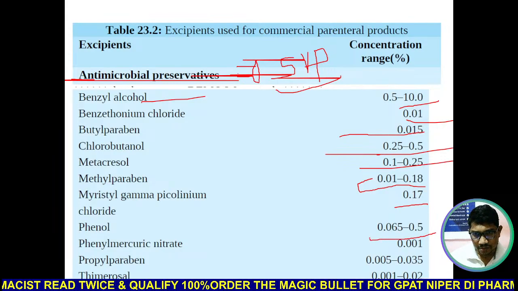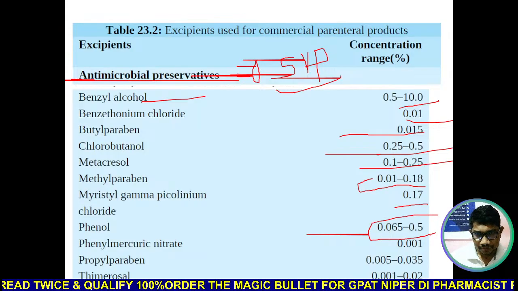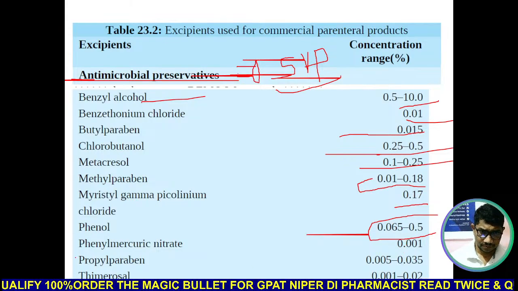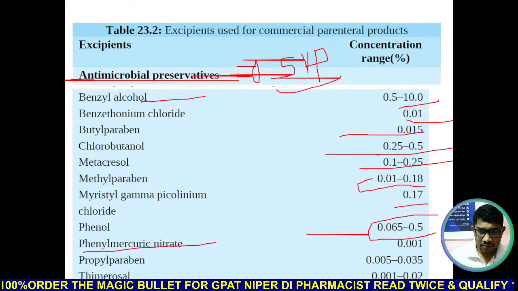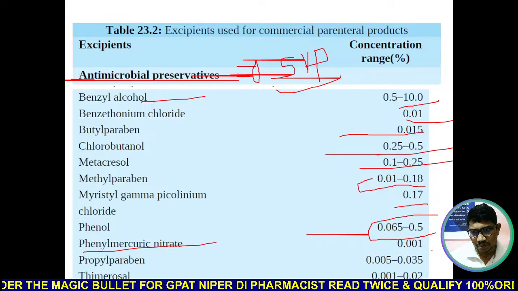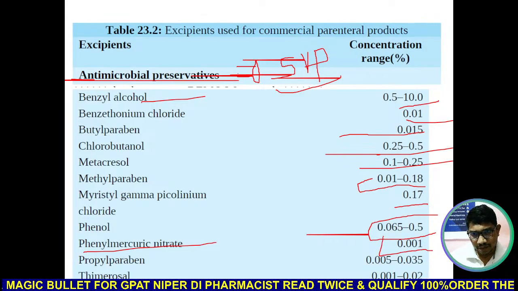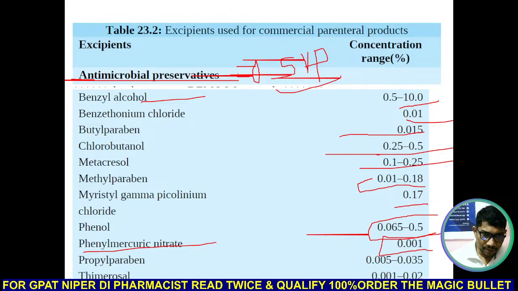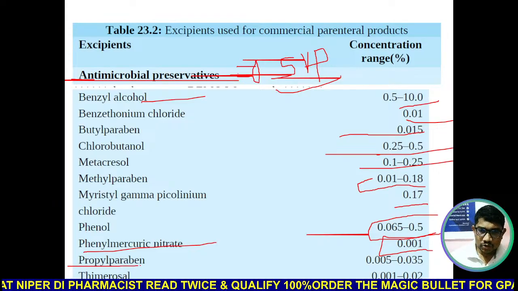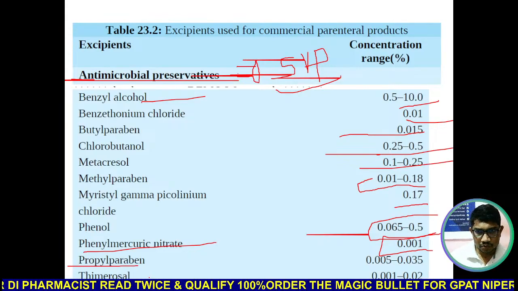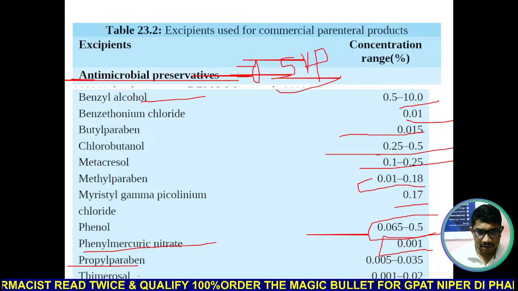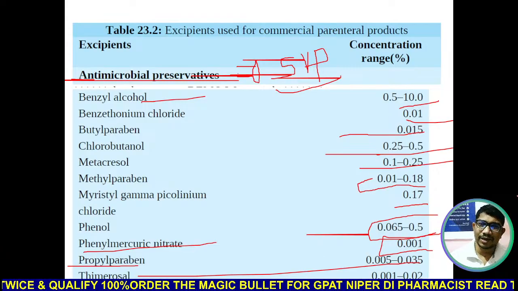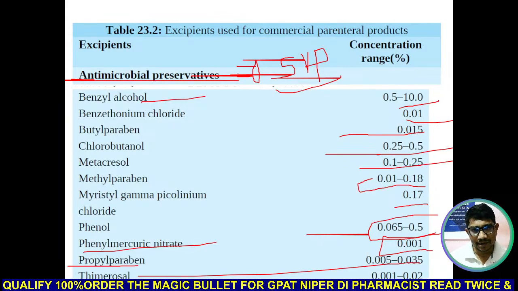दैट इज 0.065 to 0.5, फिनाइल मर्क्यूरिक नाइट्रेट। तो इसके ऊपर क्वेश्चन आ चुका है ऑलरेडी। दिस इज यूज्ड एज अ प्रिजर्वेटिव इन द पेरेंटल एंड ऑप्थेल्मिक, concentration of 0.001 to 0.002। प्रोपाइल पैराबेन 0.0052 to 0.035, थायोमर्सिरल 0.001 to 0.02। तो एंटीमाइक्रोबियल एजेंट्स आर ओनली एडेड इन स्मॉल वॉल्यूम पेरेंटल। यहाँ पे क्या रखना है,